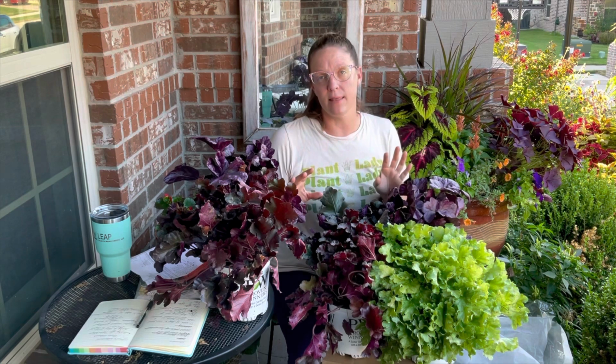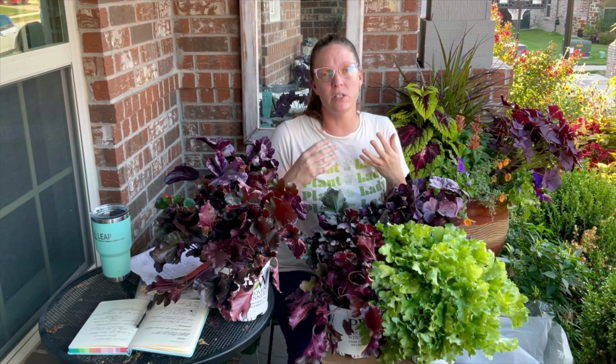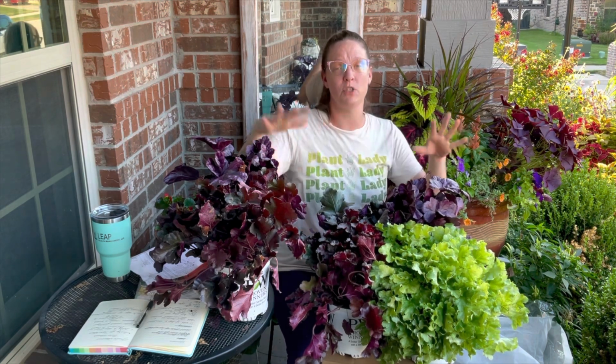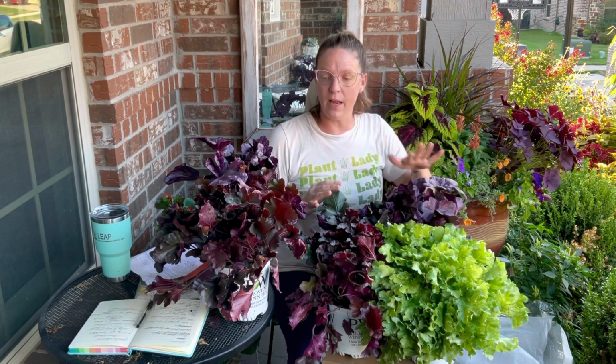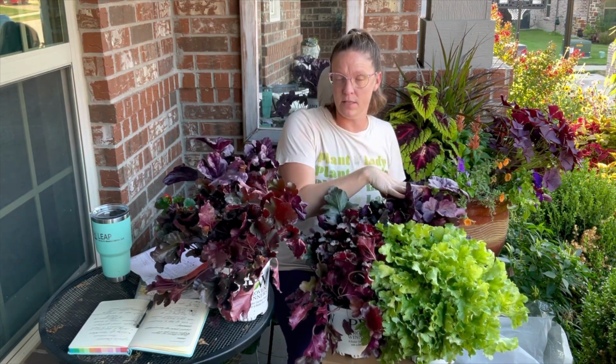Okay, so basically I'm going to be working in a space up front where I've typically had a lot of dianthus for quite a while. I used to have a hedge of dianthus, and over the years, just pieces and portions of the dianthus have died back, so now my hedge is super spotty. So what I'm going to do is clean out the whole dianthus hedge. There's also a few super petunias. I'm going to pull all that out, and I'm going to be working with these darker tone Heucheras in that